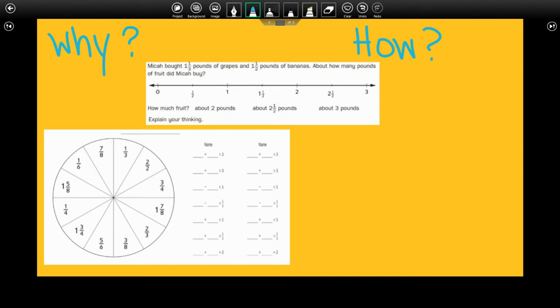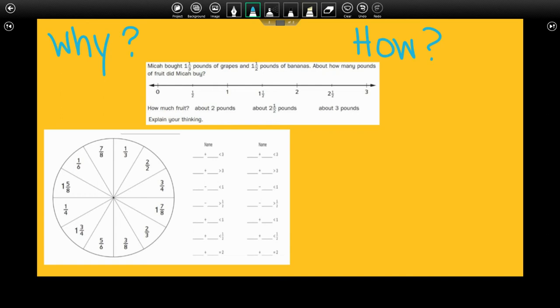Well, in order to understand fractions and be proficient in adding and subtracting them, we need to first understand where they might be on a number line to determine whether our answer is reasonable or not. So this is our first step in gaining that experience and proficiency to later be able to add and subtract